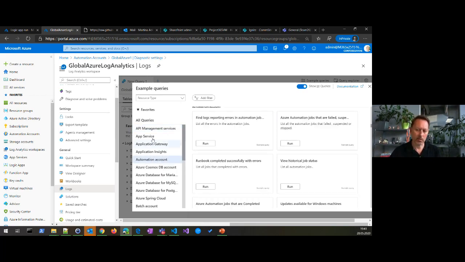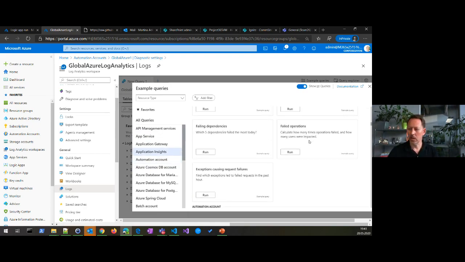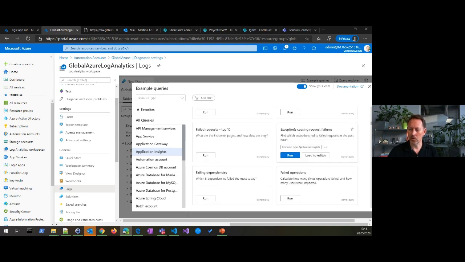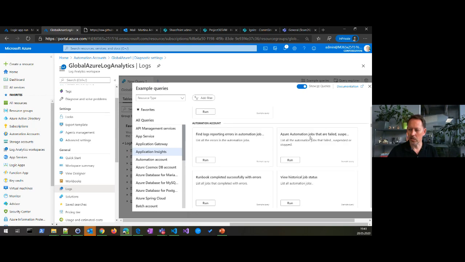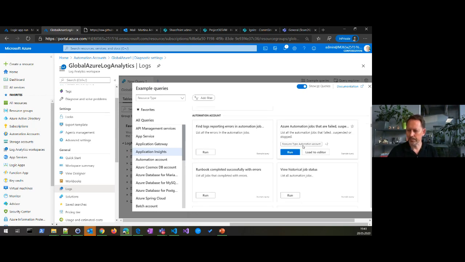I'm interested in that. You could also log other data like from app services, certificates, key vaults, and so on to that same Log Analytics storage. But in my case, I'm interested in the automation account events that happened. And you can see there are some sample queries here, like failed operations or exceptions causing request failures and so on. So in my case, I'm interested in failed